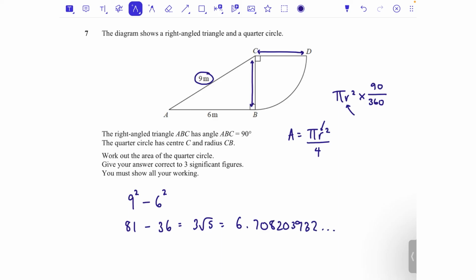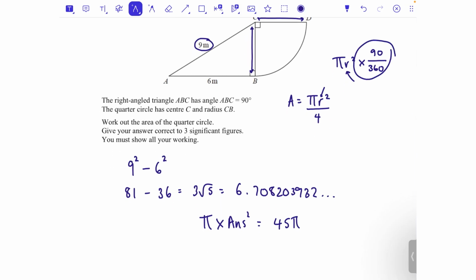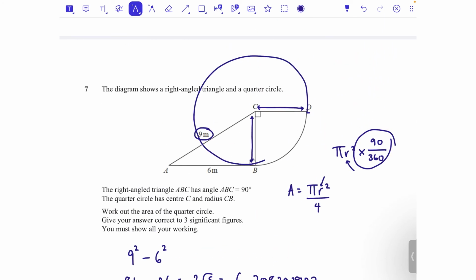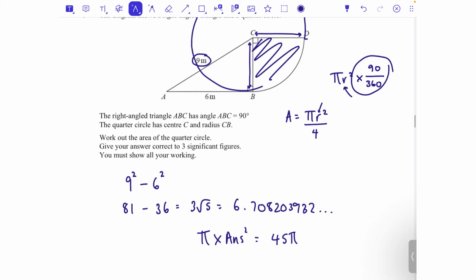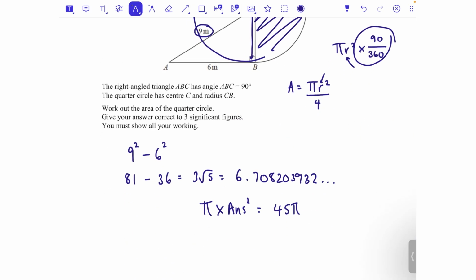6.708203932. Now, I don't really want to round it at that point, and I am going to keep it in my calculator because I now want to do pi times that answer squared. So in my calculator, I'm using my answer button. Pi times that answer squared, because I don't want to round it. And then I'm going to press equals, and I get 45 pi. And then I want to make sure I divide that by 4 or times it by 90 over 360, because I don't want the whole circle. I don't want all of this. I just want a quarter of that circle. So let's take that answer, divide it by 4 or times it by 90 out of 360. And that is